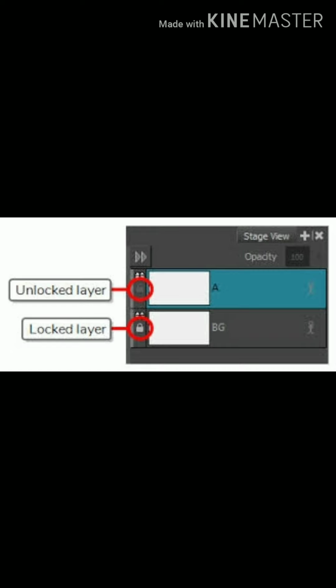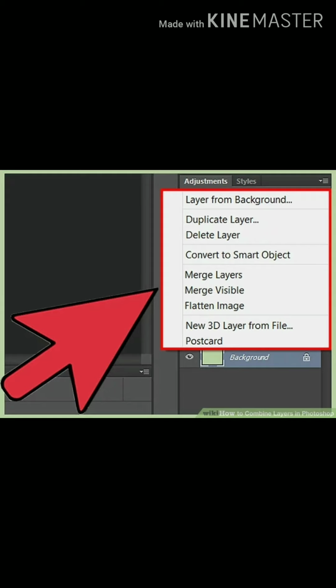Now next, merging layers and flattening the image. To merge adjacent layers, when you want to merge two layers, at that time we click the merge drop-down option.